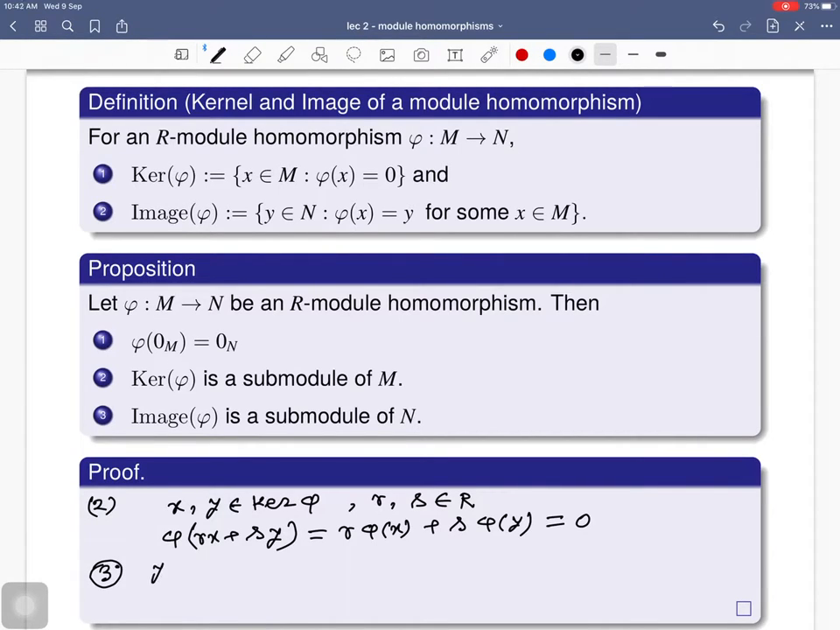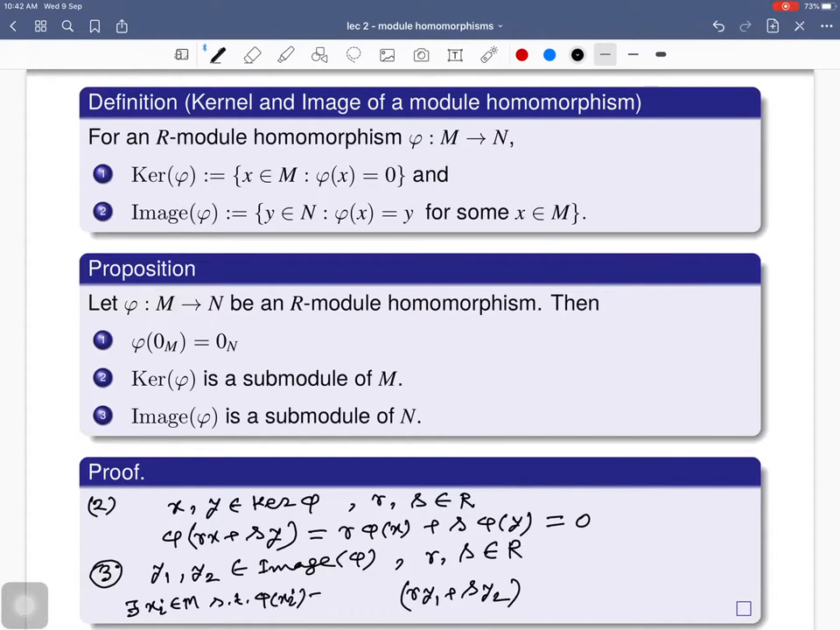So again you just pick two elements coming from the image of phi, and suppose R and S both are scalars coming from R. So then we just want to prove that R times Y1 plus S times Y2, this is there in the image of phi. So since Y1 and Y2 both are coming from image of phi, so there exists Xi in M such that phi of Xi, it is just Yi. And then